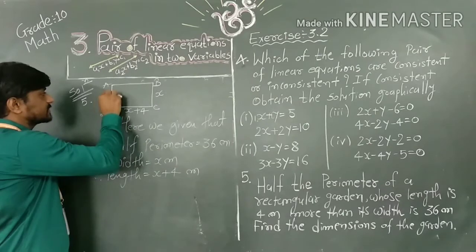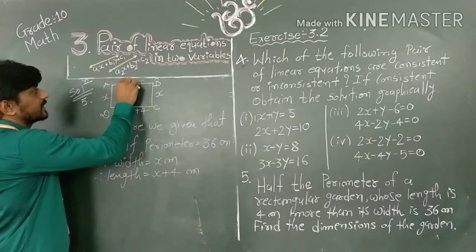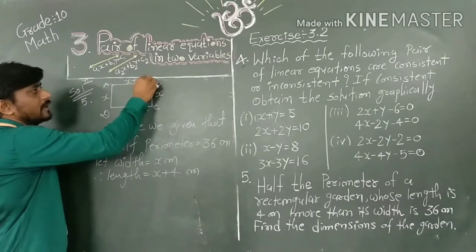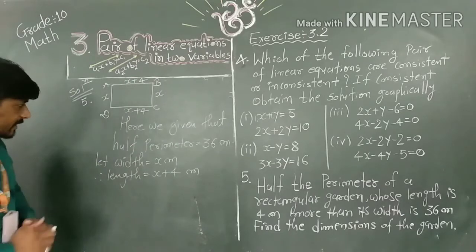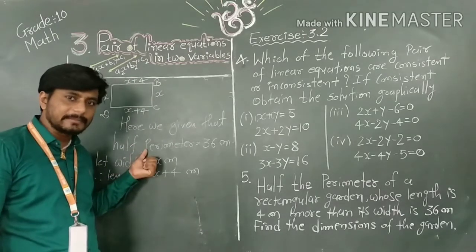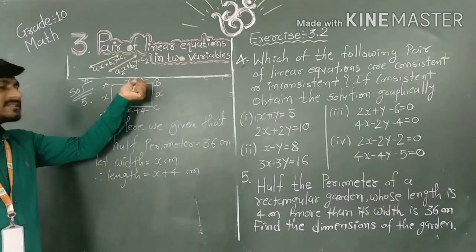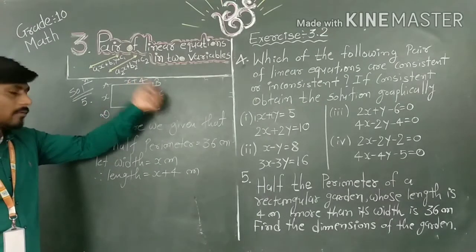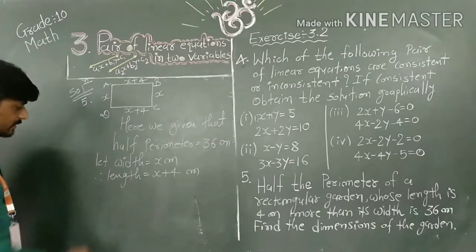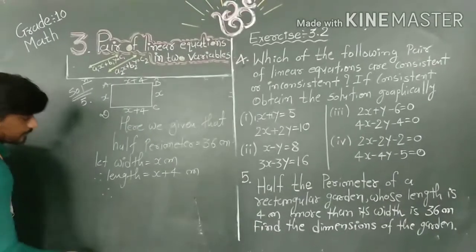Here is x, and here also x plus 4, so the value of AB is also x. Here we are given half perimeter, so you have to take breadth plus length only a single time. Therefore